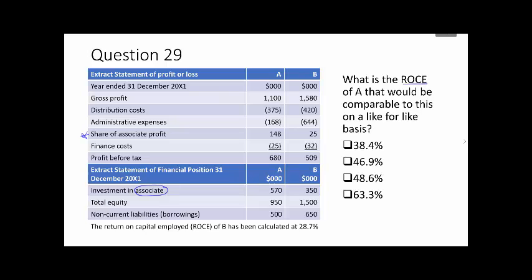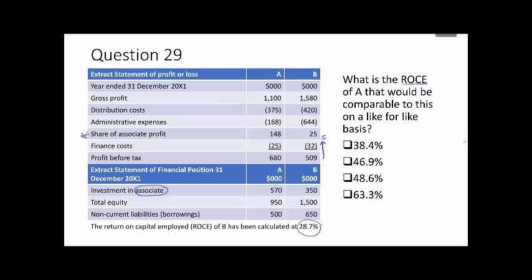So we need to work out how they've actually arrived at this 28.7% so that we can be comparable for company A. If we look at company B's figures then, if we were to include the effect of the associate, the figure that we would be looking for as our income line would be the profit before interest and tax. So I need to calculate backwards from this 509 here, add back on the finance costs, which would give me